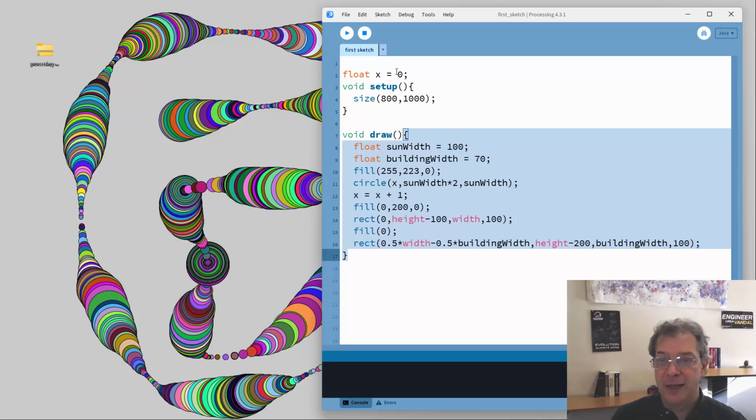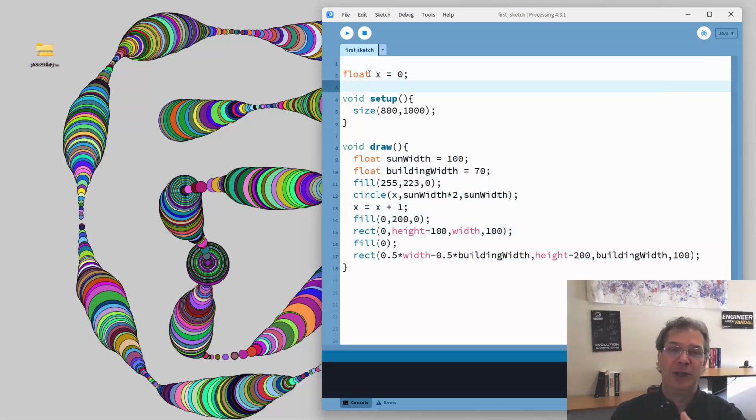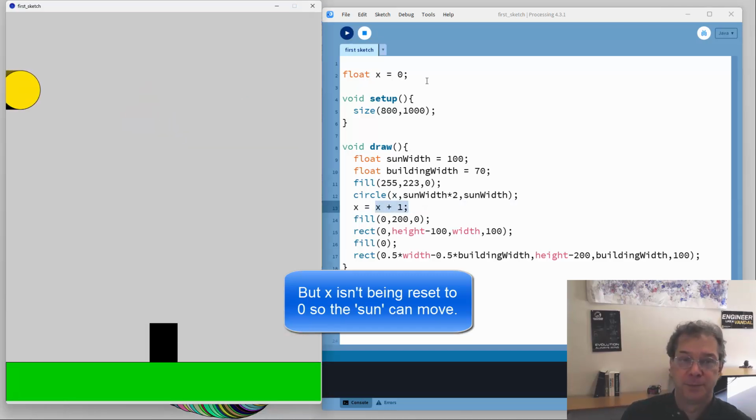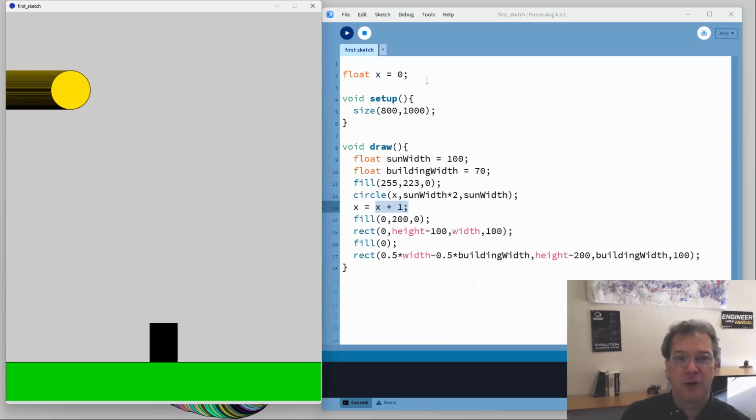On the other hand, X was created outside of any curly brackets, so it is global. It exists everywhere in the code, and in particular, it exists here and it exists here. And so as I go through the code each time, I'm going to draw my sun, and then I'm going to change the location. So if we run this, now we have a sun that moves across the sky